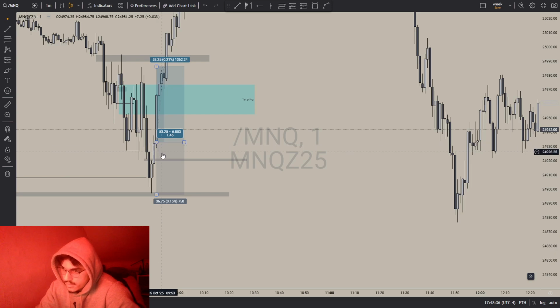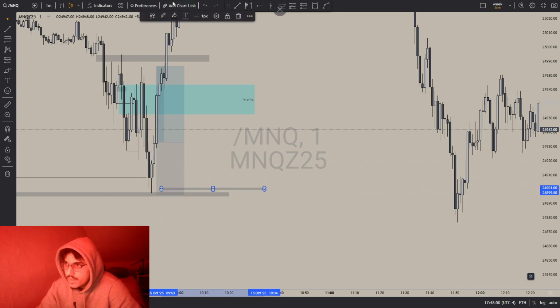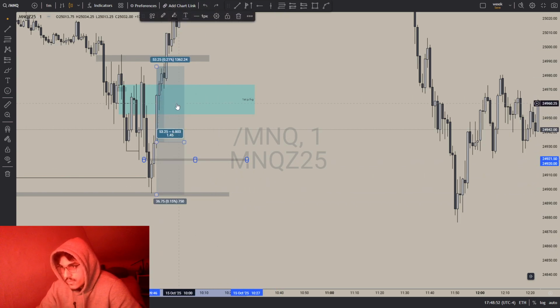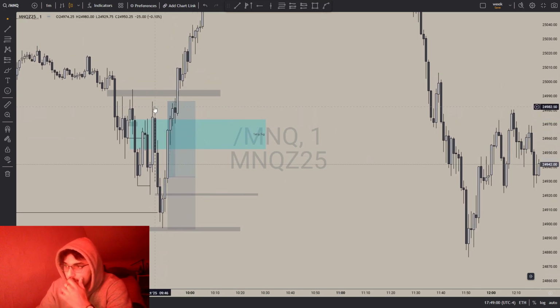I entered here. I didn't wait for a retrace. I just saw that price will start creating this V shape right here, so I didn't wait for it and just entered directly. I put my stop below the swing low, and then I targeted the first presented fair value gap as my first target, because the first presented can also be used as a draw on liquidity. As soon as we created SMT here, I put break even and then got off right here.